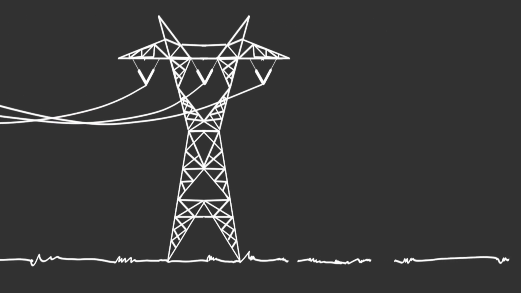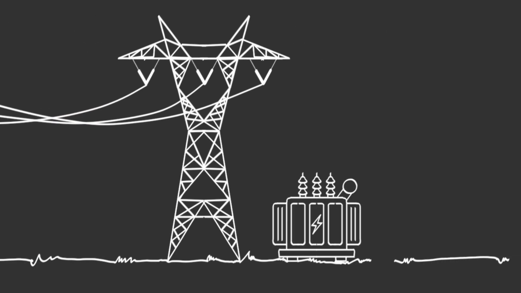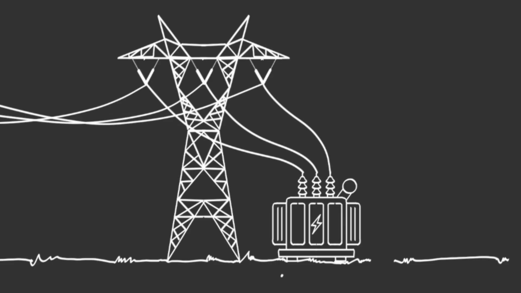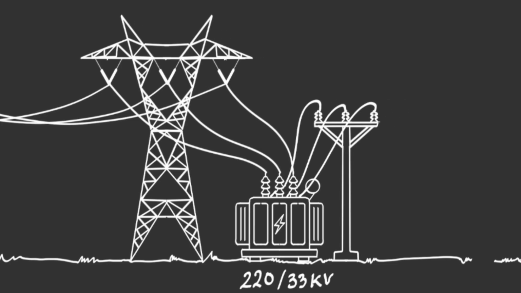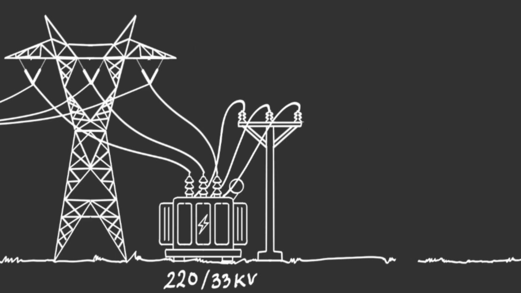Here we have the transformer, which is a step-down transformer of the transmission substation. Here, the transformer ratio is 220 over 33 kilovolts. So the power is stepped down to the 33 kilovolt voltage level. Now this 33 kilovolts is further transmitted through a sub-transmission line to the distribution substation. Sometimes, some bulk consumers directly receive power at the 33 kilovolt level, but we are not showing that in our